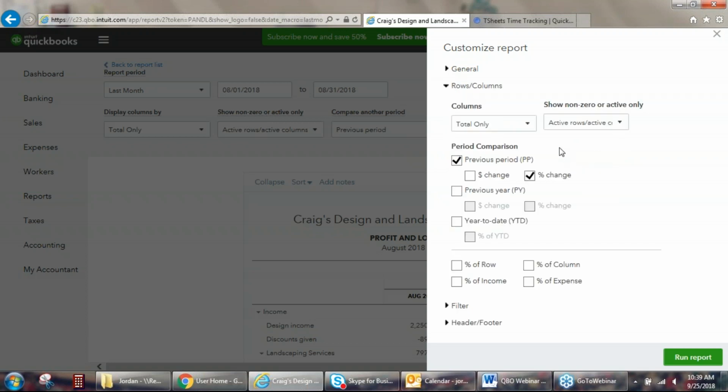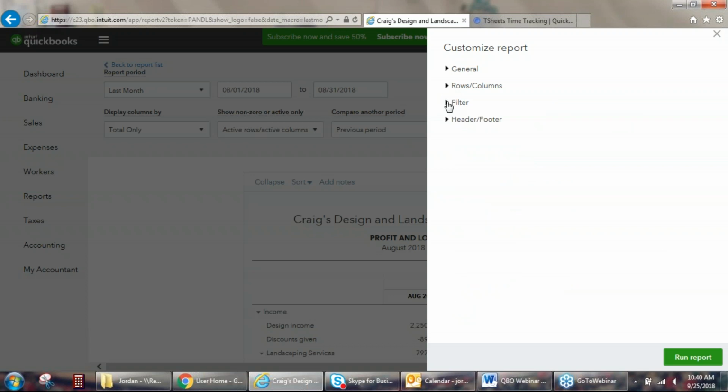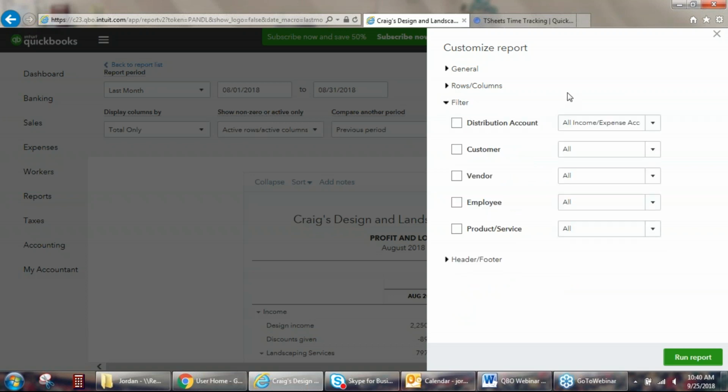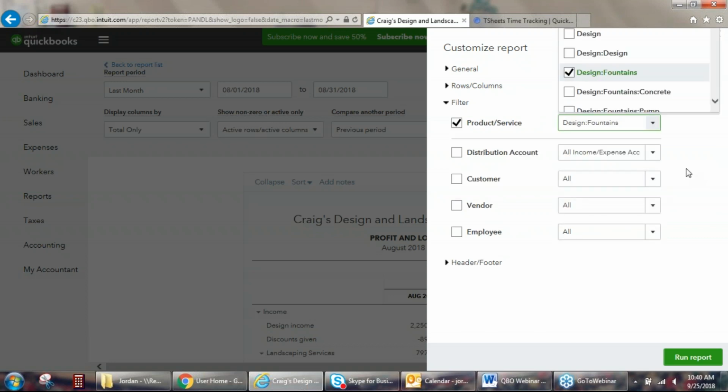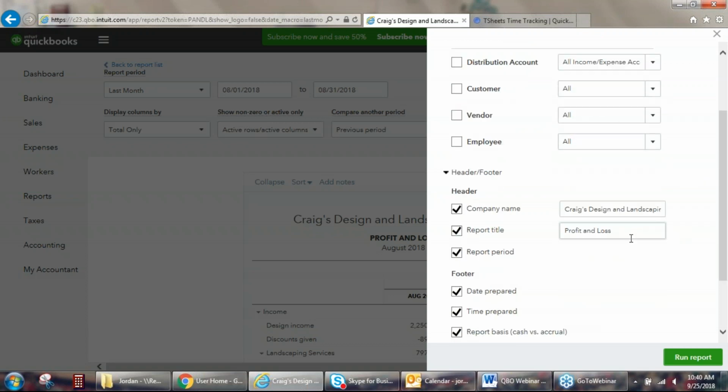We can go to our rows and columns. You can see we can do additional comparisons here. We can change our columns like I told you before. But where we can do some additional customization is in this filter customization tab here. So say we want to look at our profit and loss just from our fountain sales. So we can do that, and then we can customize the title of the report to be monthly